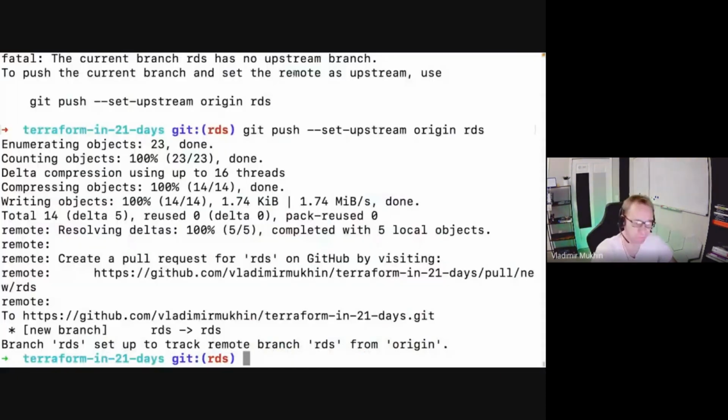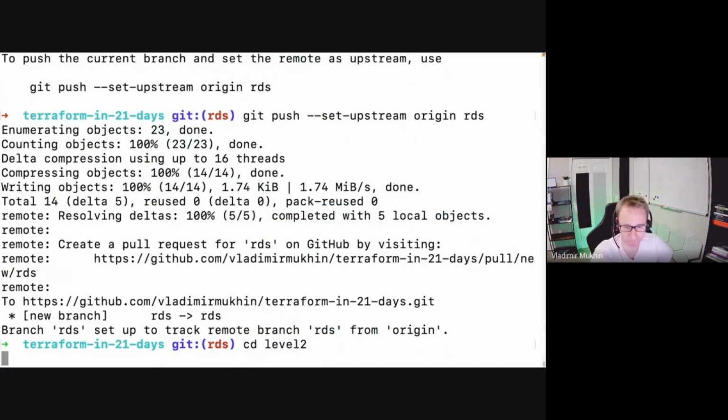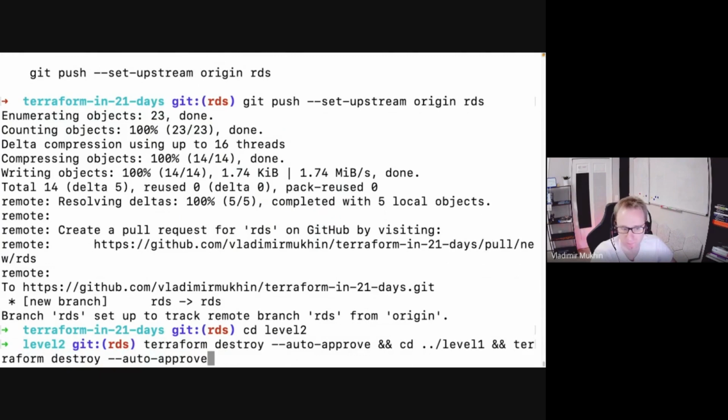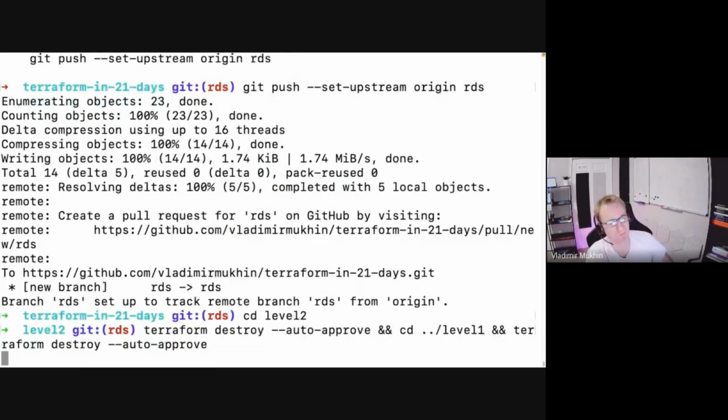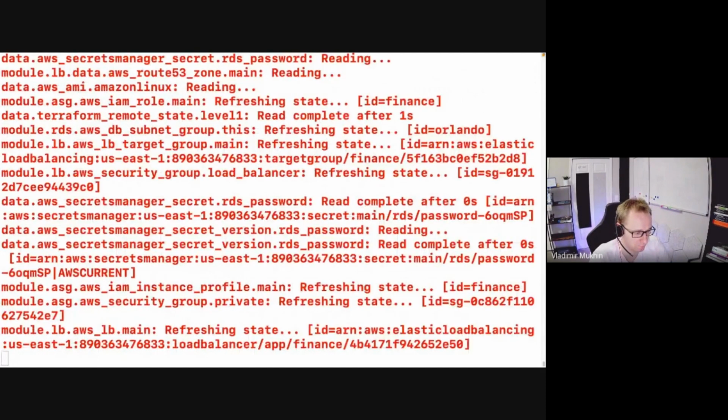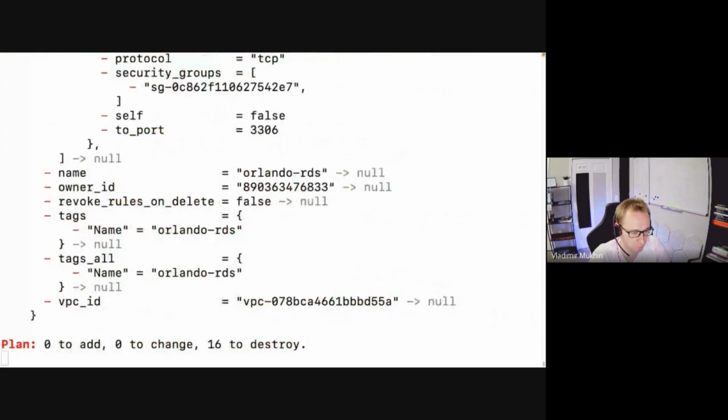And as usual, we should never forget to run terraform destroy. Should never forget to run terraform destroy. And having said that, I open the floor